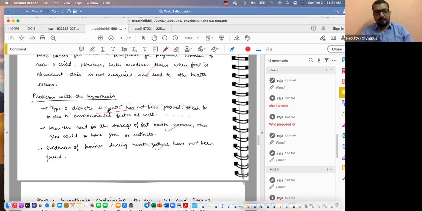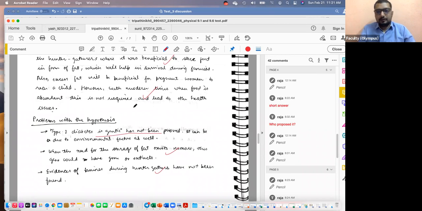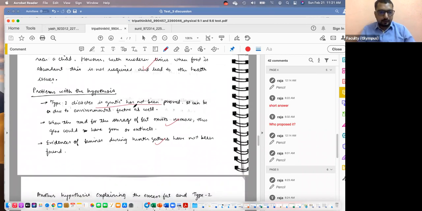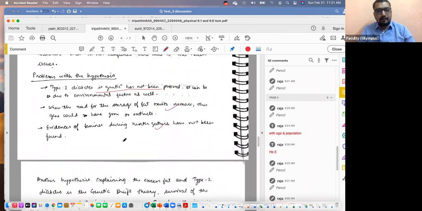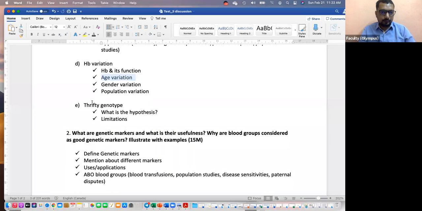You said type 2 diabetes is genetic, has not been proved. The genetic potential of the type 2 diabetes is proven. Okay, we don't know the exact genes, but we know genetic elements are there. These are called genetically influenced diseases. So this statement is not clear. How you are connecting it to the hypothesis is not clear. Okay, otherwise other 2 points are fine. So wherever I'm unclear about what you're writing, I underline it with red. So better phrasing is important there. Clarity is important. Right. So otherwise no issues with this.